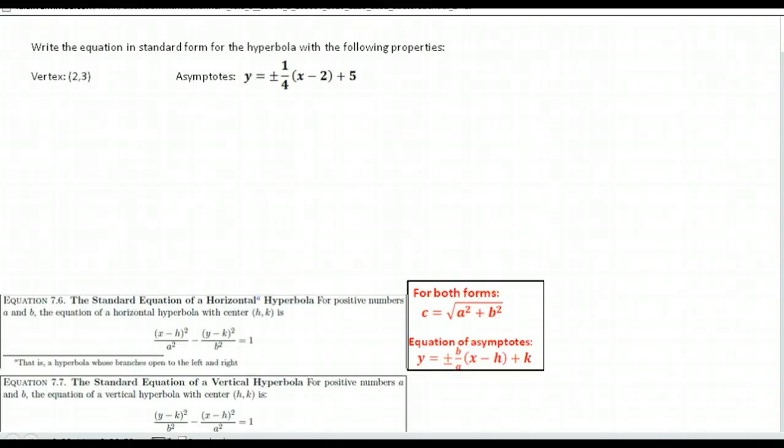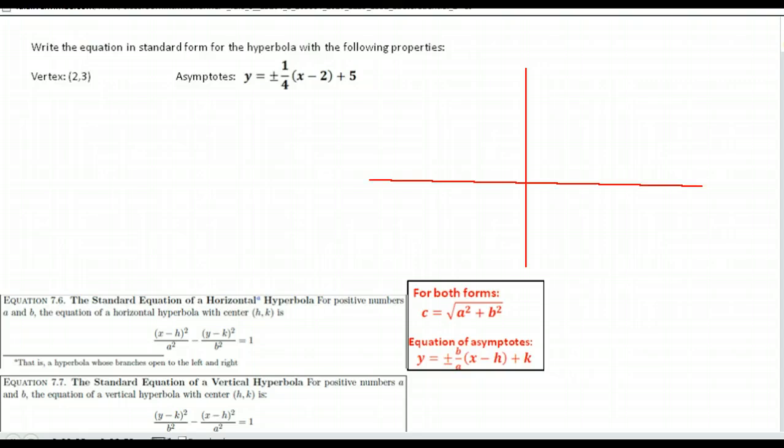Okay, we're now being asked to write the standard form of an equation when we have the vertex and the asymptotes. So what we want to do is go ahead and put on the information we have. We have a vertex at 2, 3, and then the asymptotes have an equation of y equals positive 1/4 times x minus 2 plus 5 and y equals negative 1/4 times x